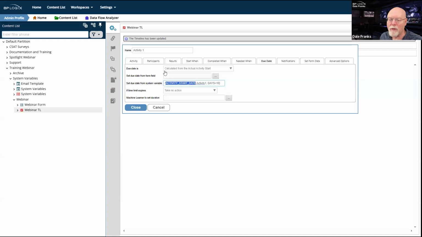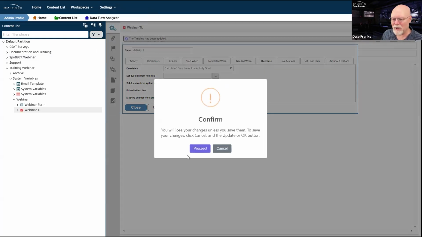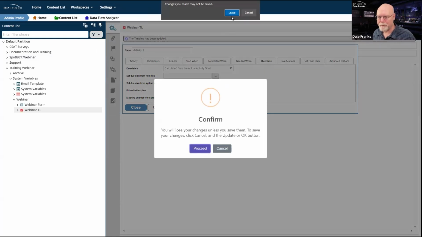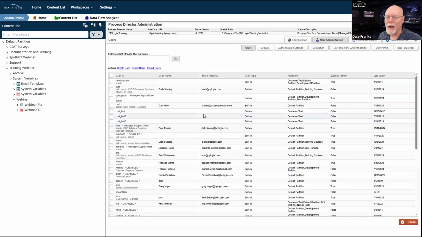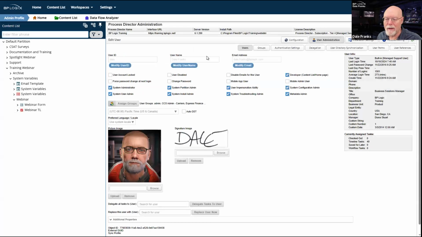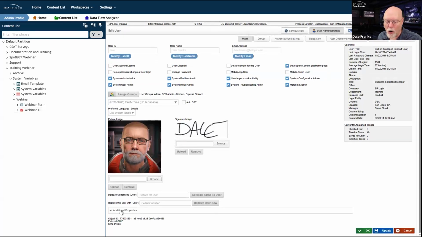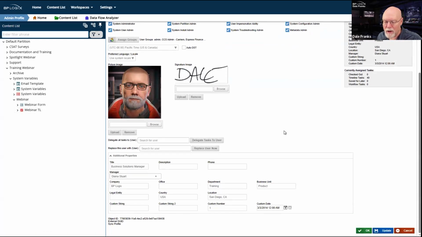In every user, and let me hit OK here. Well, actually, I don't want to save that, so I'm not going to hit OK. I'm just going to go straight to user administration. So every system variable that returns a Process Director user gives you access to all of the fields that are included down here in additional properties.